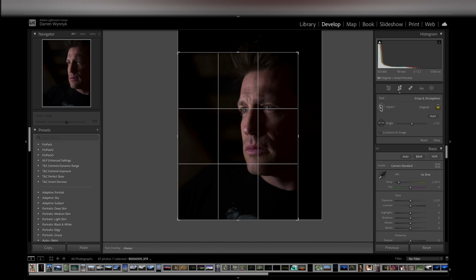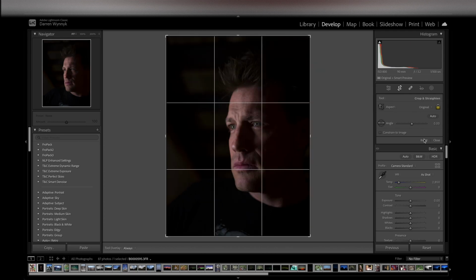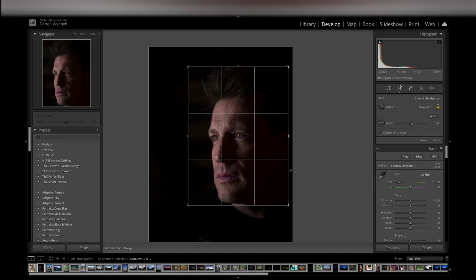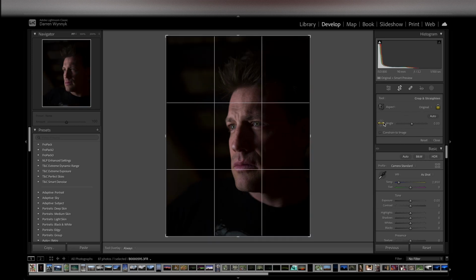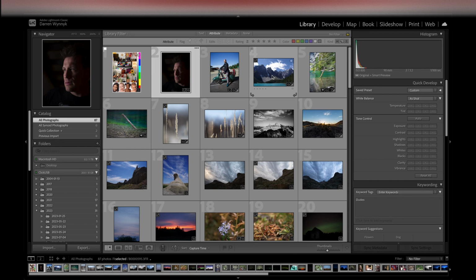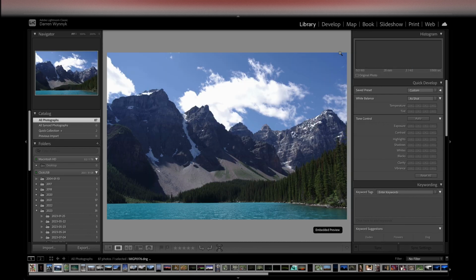The other thing we can do, I'll just reset this again. If we click on the little icon next to aspect here, we get a little tool and we can just draw a bounding box over the part of the image that we want. We'll reset that. Here, this isn't really the type of image that we'll need to worry about straightening, but let's say this landscape. We'll come in here